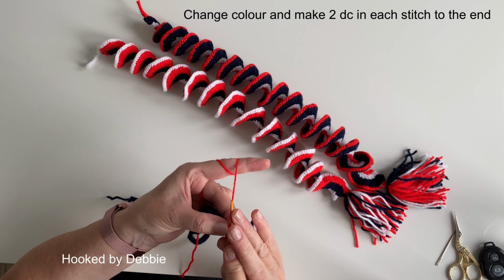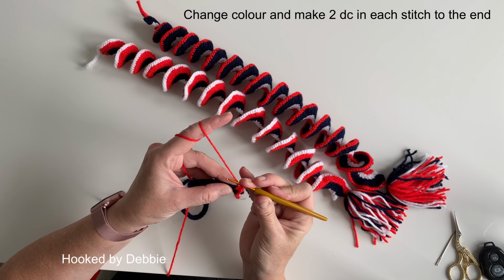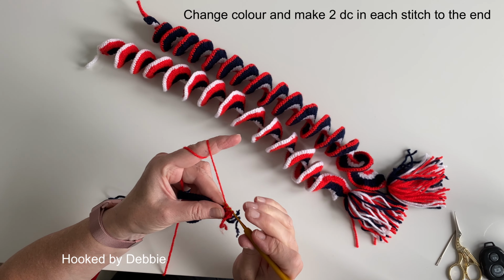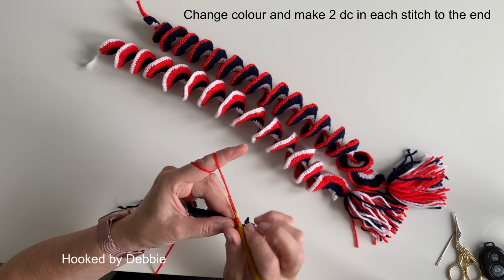So it's first double crochet. I'm going to go back in the same hole, and we're going to do a second double crochet like so. So all the way along this piece of work, we are going to do 2 double crochets into every stitch. Like so, that's 1 and 2,